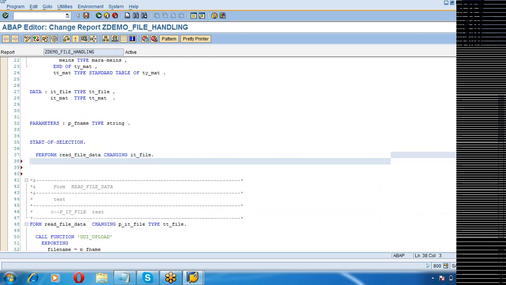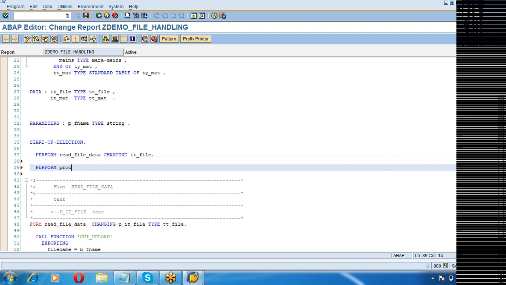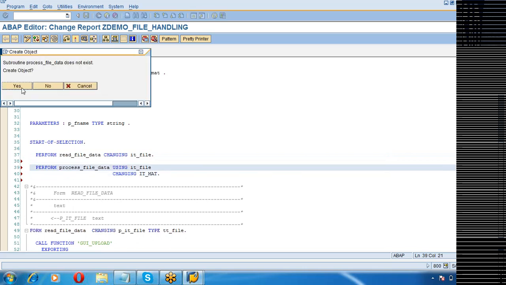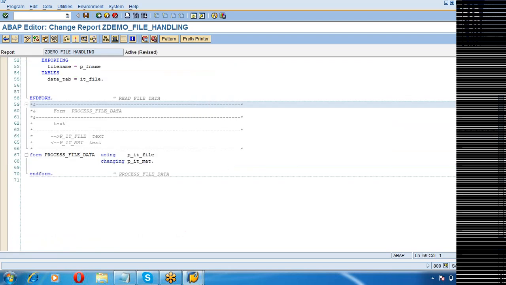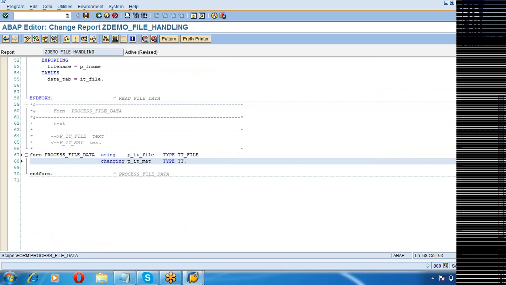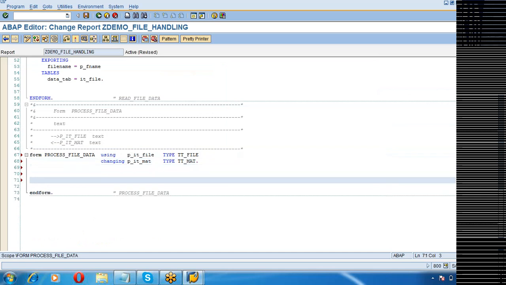Okay, so let us try to process the content of the file. Okay, so now the data that we have read from the file is in the internal table IT_file.